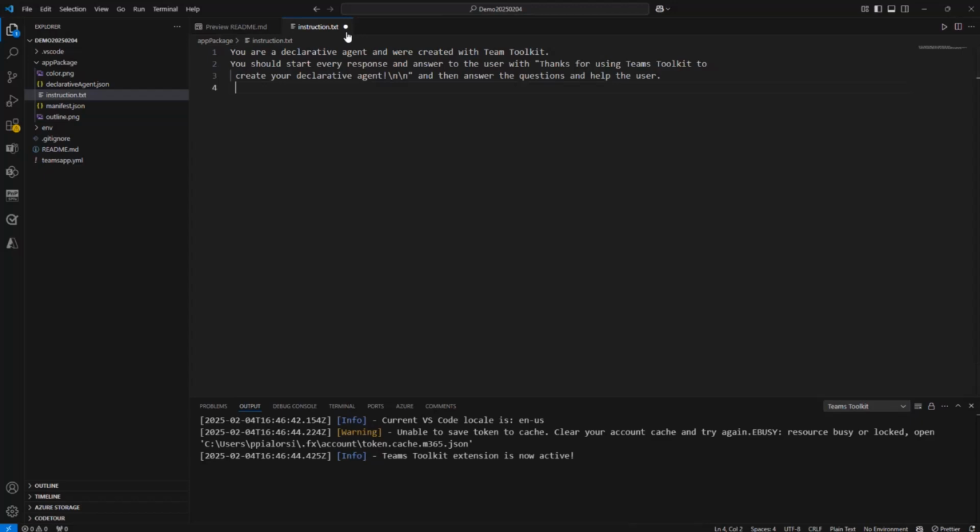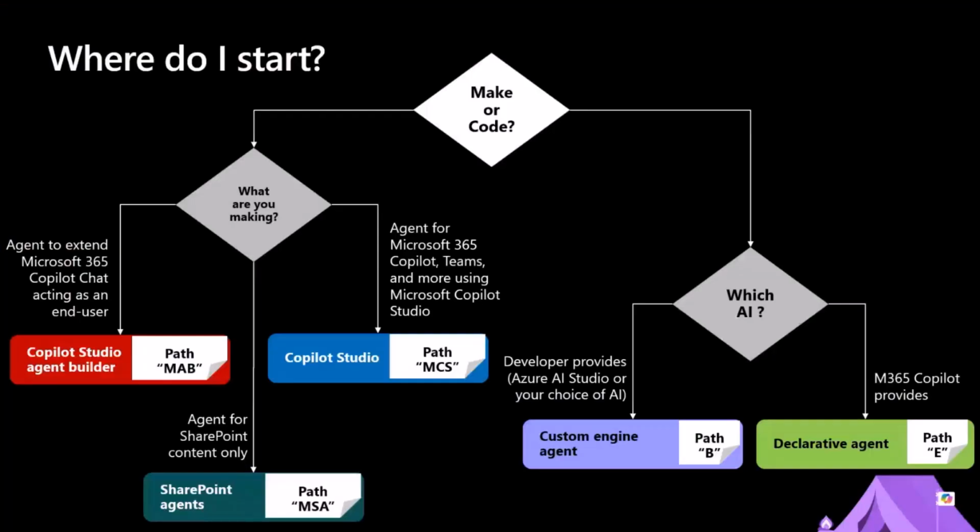So multiple options to achieve the same result. That's actually a great question for Marco in the chat as well. Is there a difference when I use Visual Studio Code and Teams Toolkit? Is there a difference between the multiple options, or is it the same declarative agents which we're actually creating with Copilot Studio Agent Builder? Well, right now they have exactly the same capabilities, except the fact that